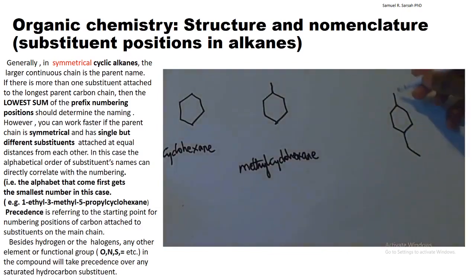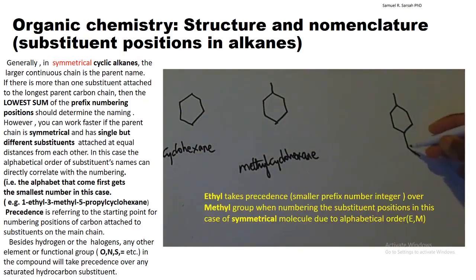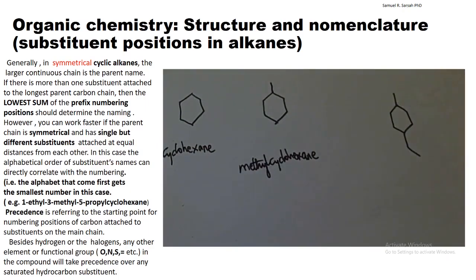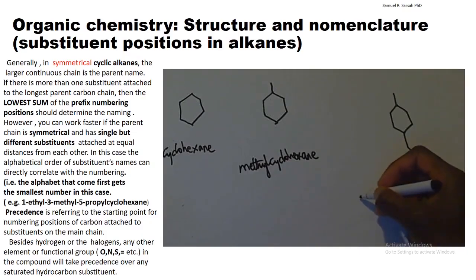Now this has two substituents. One is an ethyl group, 2 carbons right here, and this is a methyl group. Now the ethyl group, the name starts with E. This one, the name starts with M. E comes before M. So I'm going to start the numbering from here. 1, 2, 3, 4. So this comes before this. So I'm going to call this